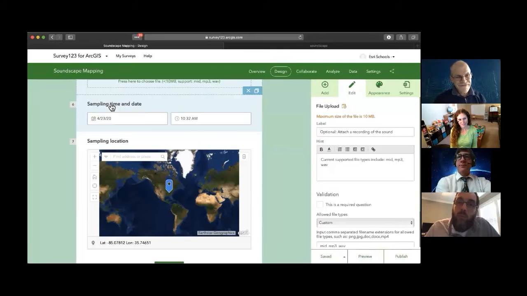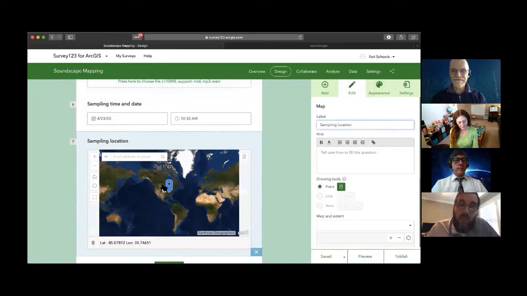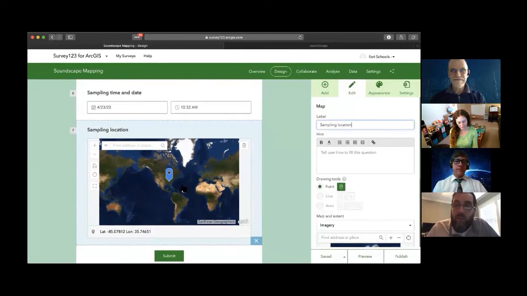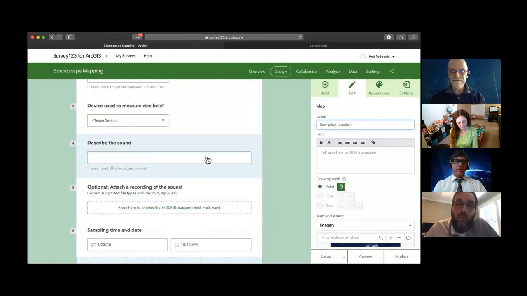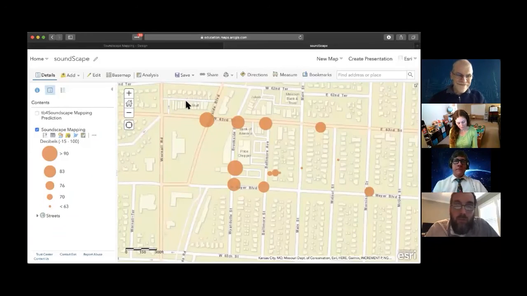So there's reasons to capture this. Now, maybe we won't be collecting enough data in our little survey if we're just looking at backyard sounds or neighborhood sounds. But if your project grows, this is really important. And of course, we've already begun to see why the location is important. In our case, we want to know location because we want to know how close it is to the commercial space, how close it is to major thoroughfares versus whether or not it's in your backyard. So this is a form that I designed to collect sound data that was used to help produce this map